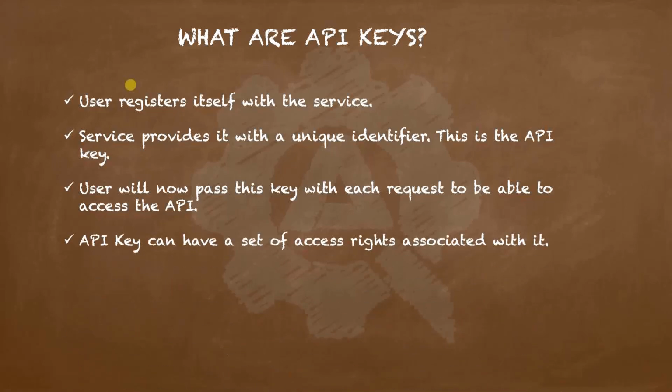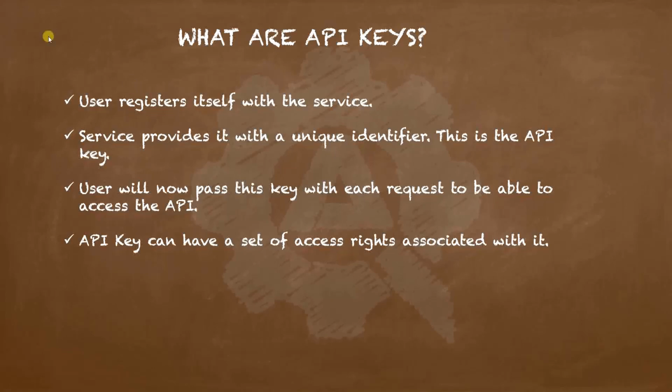Typically, these API keys will also have some access rights associated with it. Hence, we can say that API keys can be used for both authentication, that is identifying the user uniquely, as well as authorization, that is to decide if the access is to be granted or not. There can be various other uses of these API keys as well. It all depends on how the server has implemented the API keys and how it has used it. Many a times it is also used to log the number of times a particular user is trying to access an API and also limit the number of usages according to the rules.